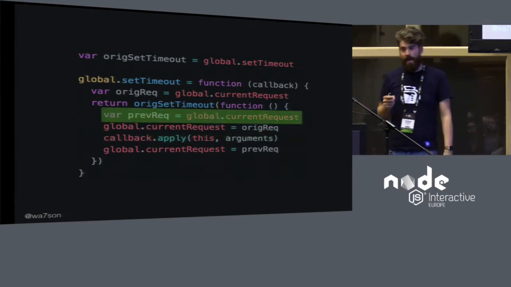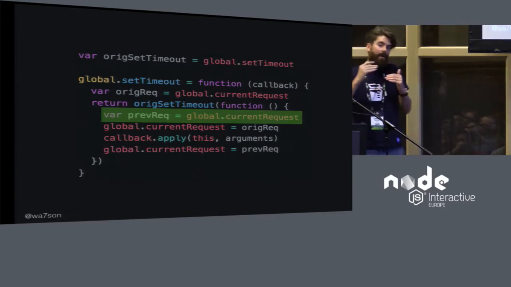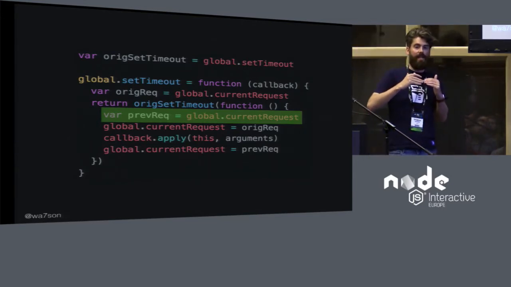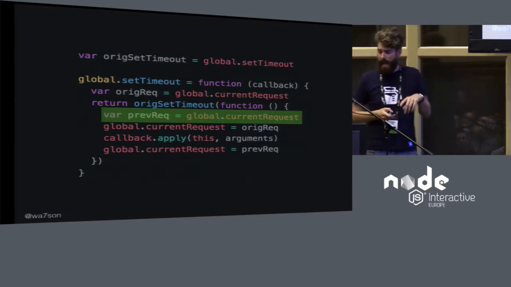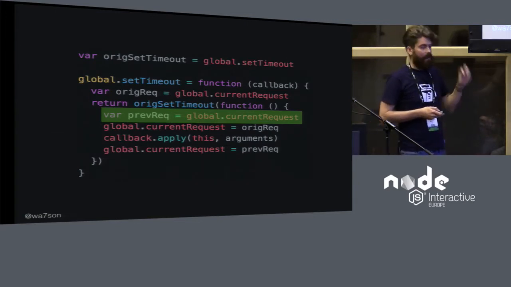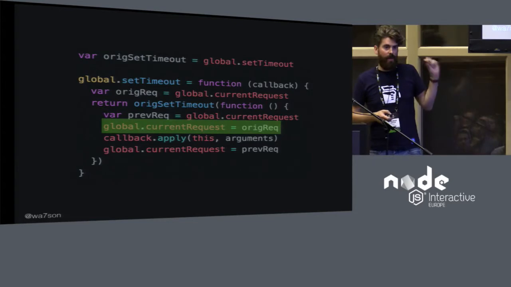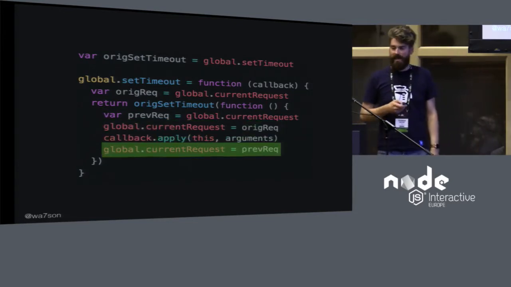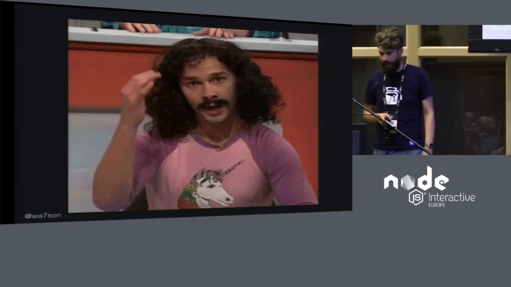But before we call the actual callback, we want to restore the state as it was when this callback was actually queued, so when the user called setTimeout in the first place. The current request might have changed in the meantime. We want to hold a reference to whatever it was in the meantime. Then we want to restore it to whatever it was before. Then we want to actually call the callback, and then we want to restore it back to the one when the callback was called. So another word for this is